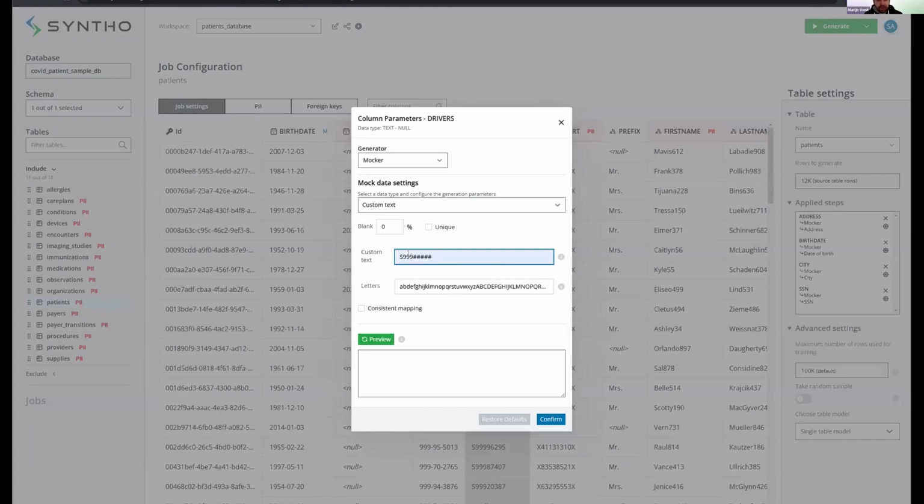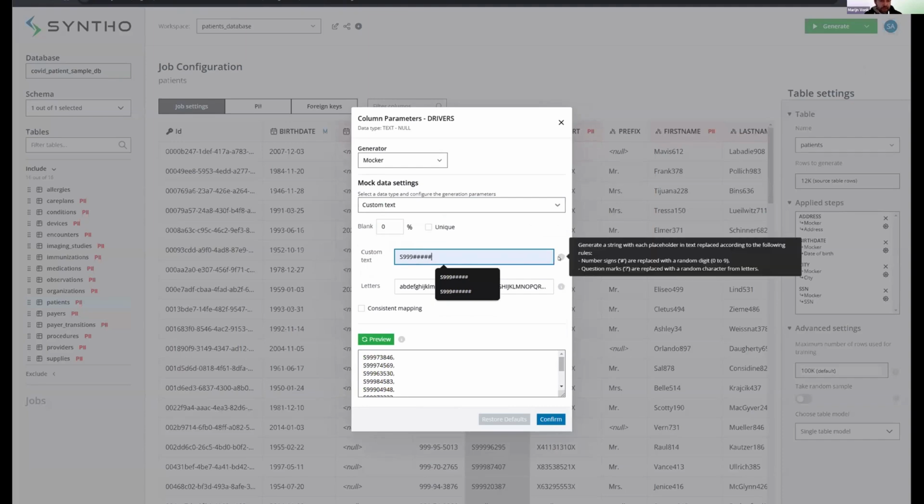What will now happen is that each value that will be outputted starts with S999, but these hashtags will be replaced by a random digit. If I go to this hover, you can also see a description on how to use this mocker. So that's essentially what's happening here. So here I can really define my own kind of logic to generate realistic